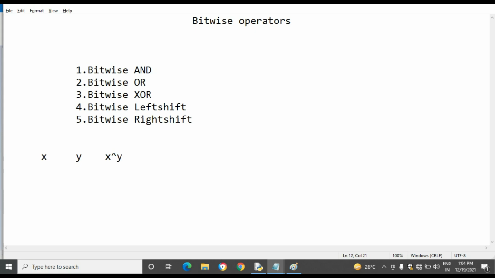The symbol of XOR is x cap y. If x is 1, x is true, and y is true, then what will be the bitwise XOR operation value? One.